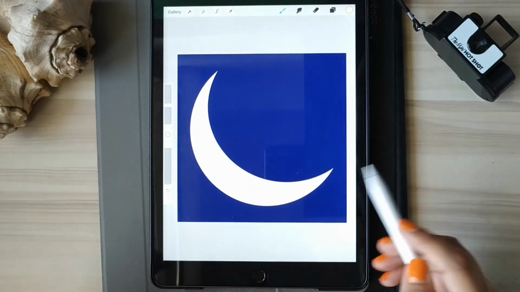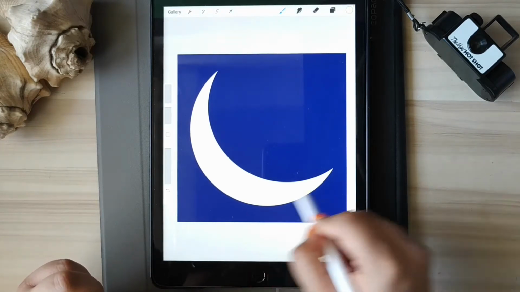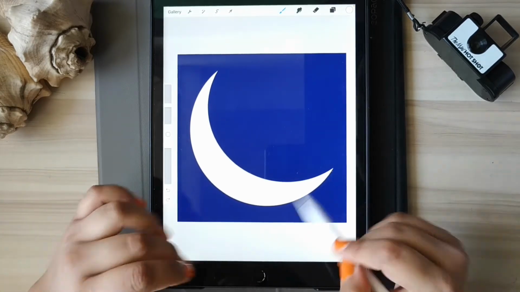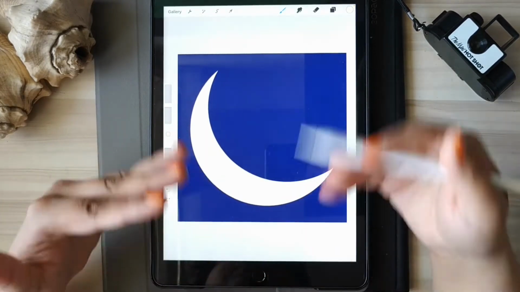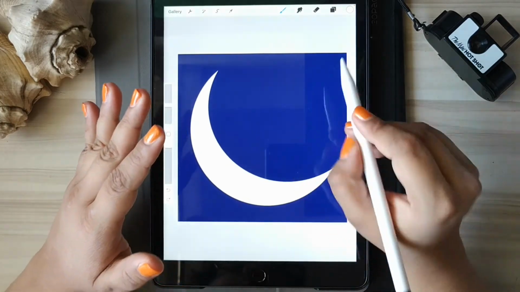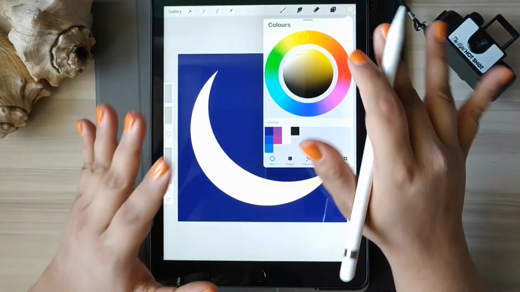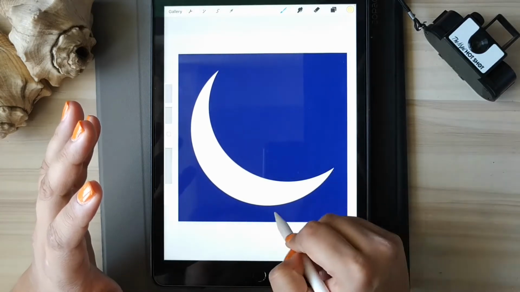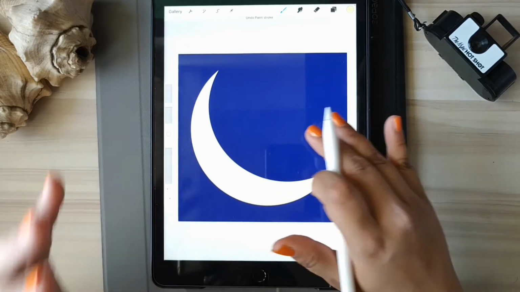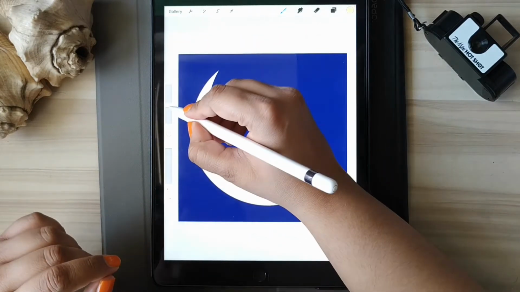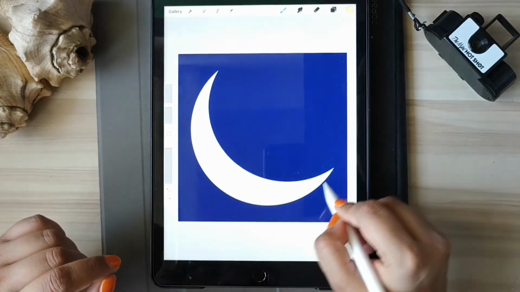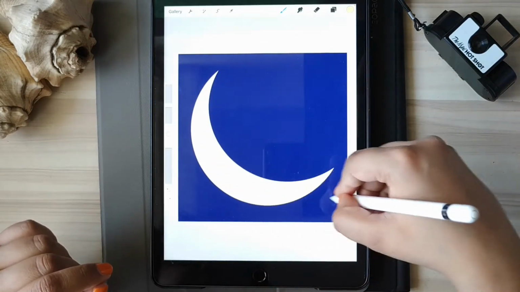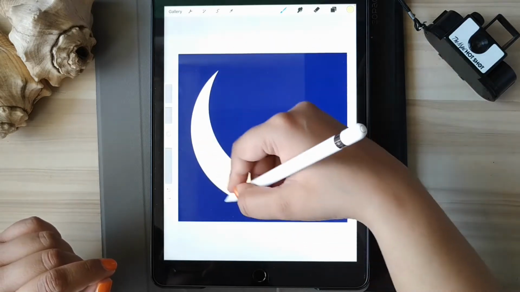We are on the same color we used for the moon before, the base color, but since it's multiplied, it will be darker. I can see that it's not visible in the recording. So for the sake of this video, I'll make the color darker. You don't need to do that. You can if you think that the color is not as dark as you want, but for this video, so it's more visible, I have taken a darker color. So let's color this, like add texture to the moon like this.